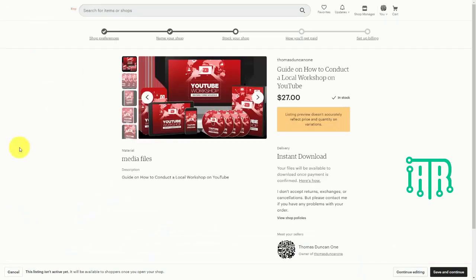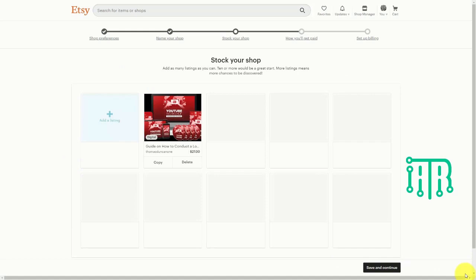And once you've added all of the files that you're going to be delivering to your customer, you can then preview your listing. And you'll then be able to see exactly how your listing is going to look when it's going to be on Etsy. If your listing looks the way you want it to be, you can then click Save and Continue. And you are then ready to